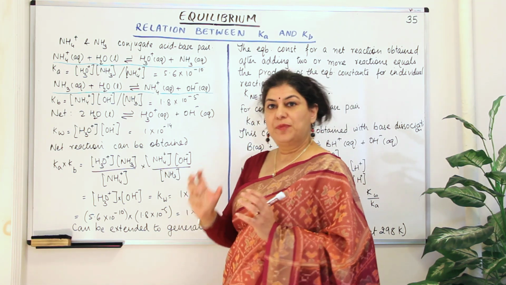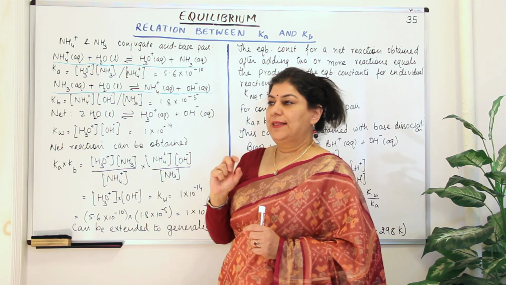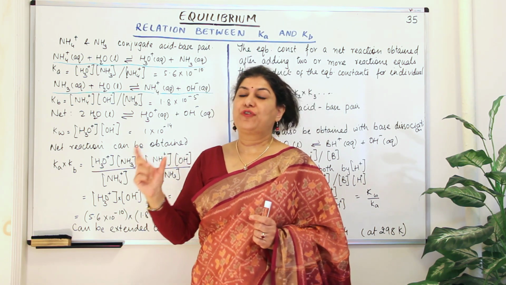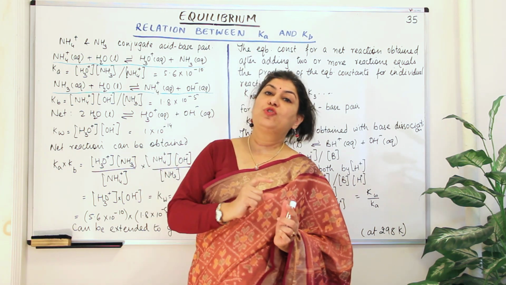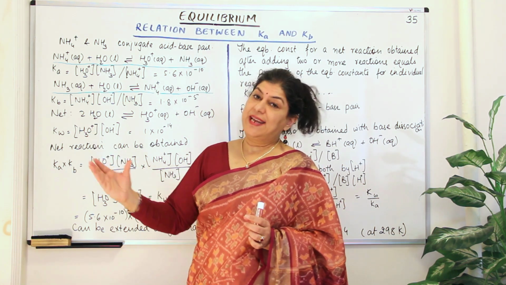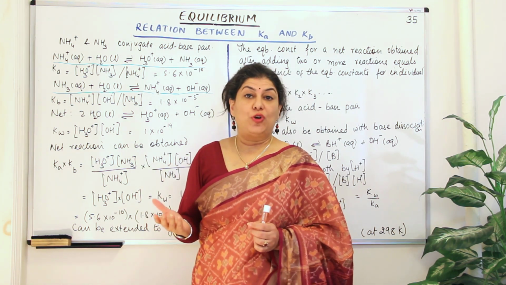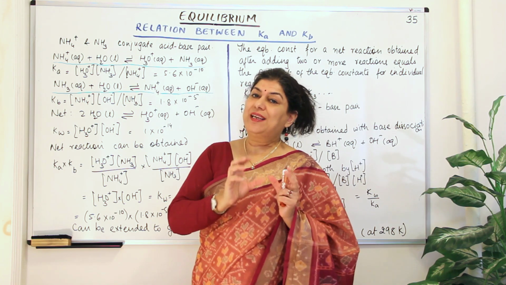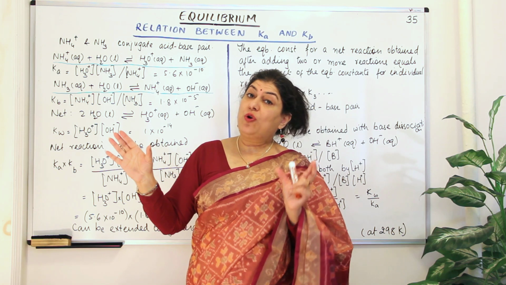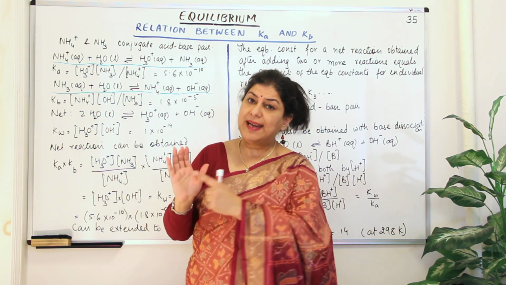A conjugate acid-base pair is one which only differs by a proton. That is, for any substance that is an acid, its conjugate base only differs from it in being one proton less than the acid. And why? Because an acid is something that releases a proton. So when it releases a proton, what is left is the same species minus one proton. So what would the conjugate base be? A conjugate base is nothing but one proton less than the